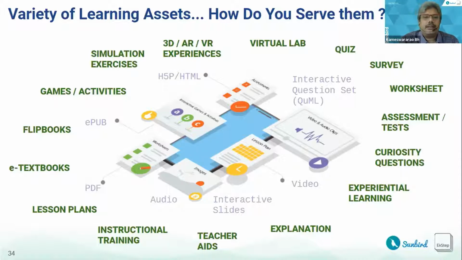Now the question is, how do you organize them in a way that they are easily available to the users, to the learners, or whoever is going to consume these assets? In fact, that question has already come, right?